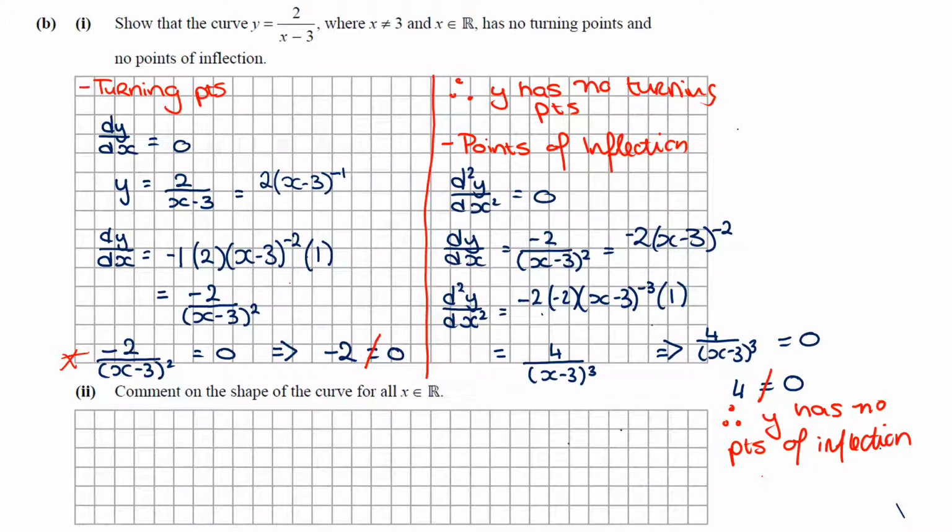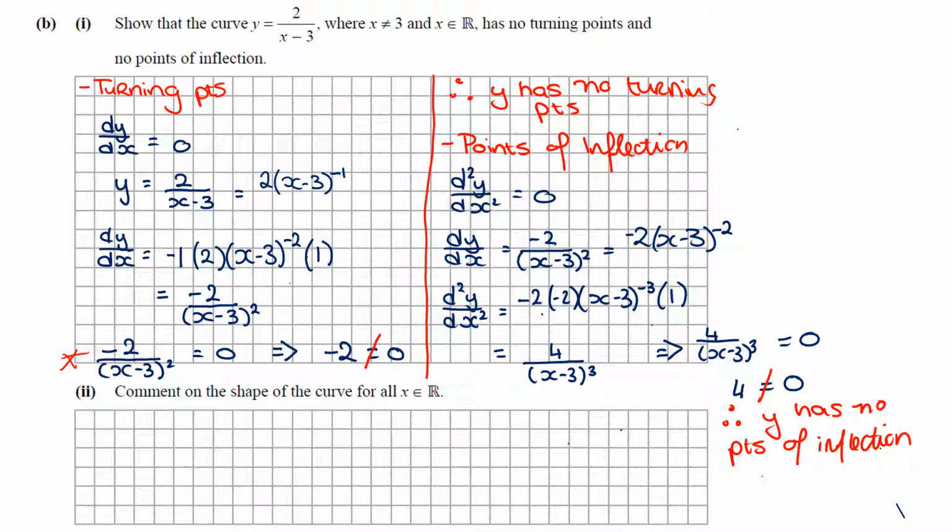Same with the points of inflection. Not a huge amount of space there, especially if you were trying to use the quotient rule. So just be careful and try to keep things as neat and tidy as possible. I know I'm not really doing a good example of that, but do bear in mind that I'm trying to